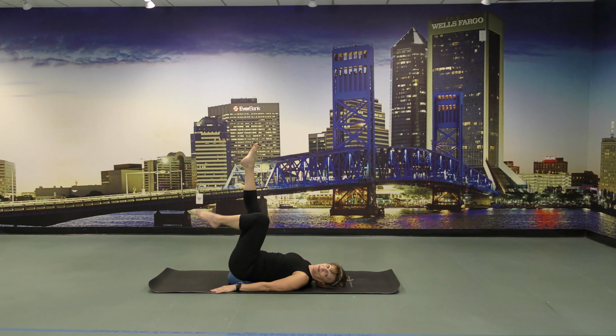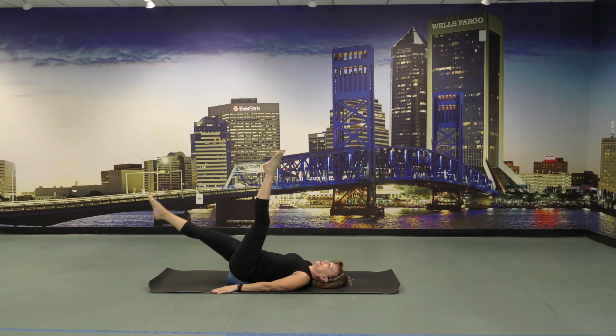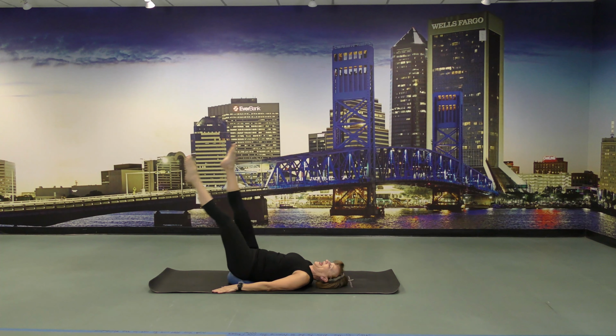Now that ball should be placed between the waist and tailbone, so the tailbone and waist are not on it. If you're in the wrong place, make your adjustments before we start to scissor. We're going to go down and scissor, and scissor, and scissor, and 3, and 2, and both legs together up